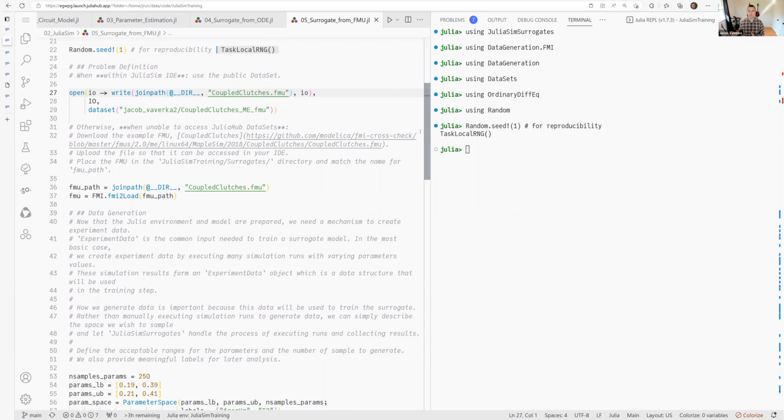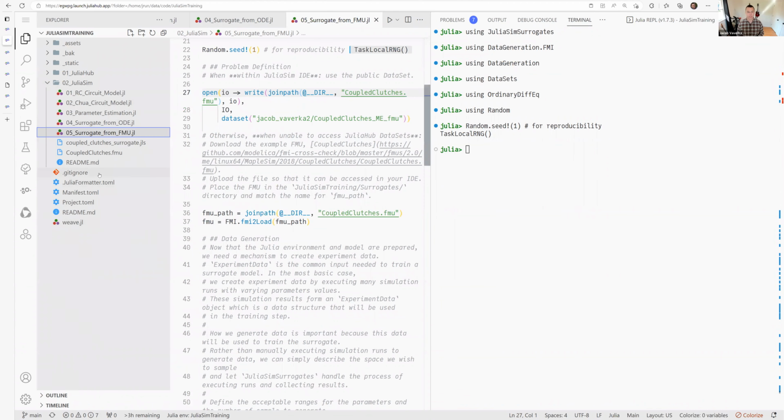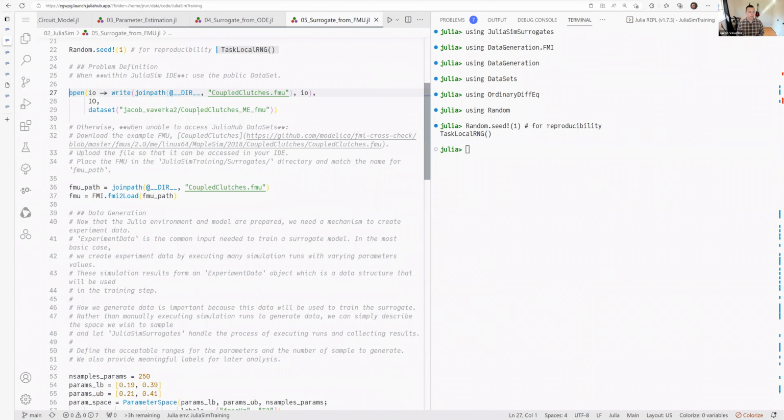You could take your FMU on your local machine and drag and drop it right here into the file browser of your JuliaSim IDE. That's perfectly fine. I am going to load a data set from JuliaHub,